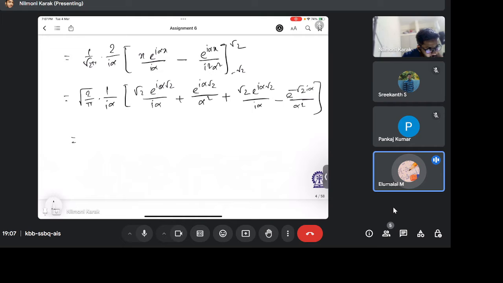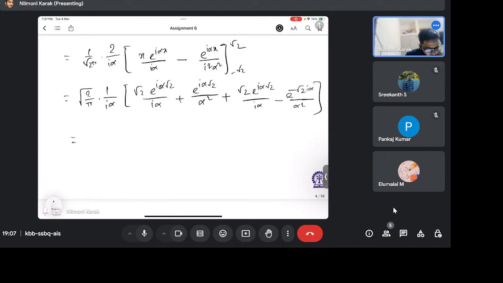Is there also a problem with the third term, a minus missing? You see, i square is minus 1, so this is already plus. Then e power i alpha minus root